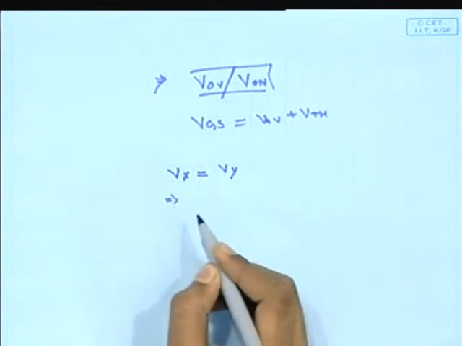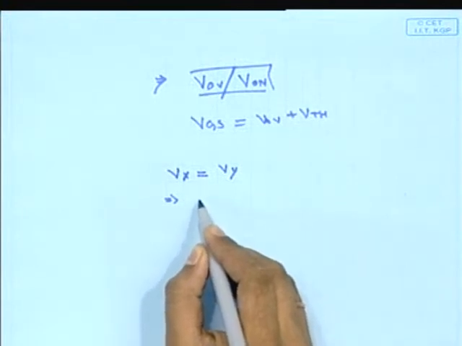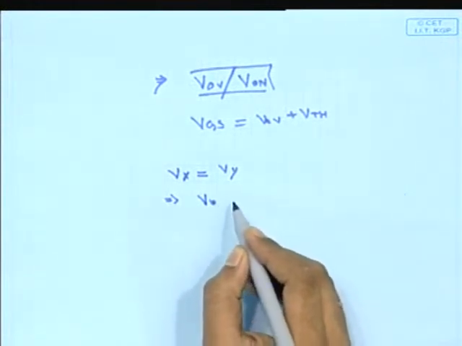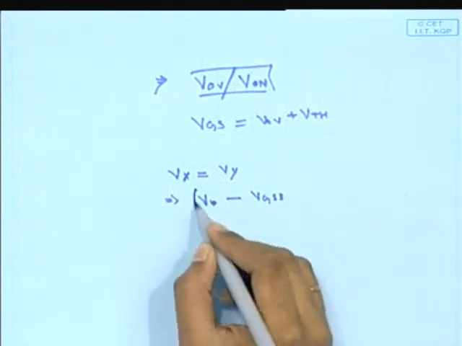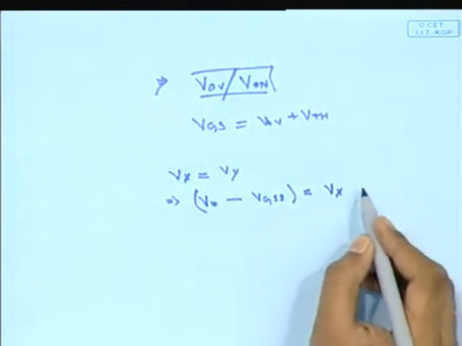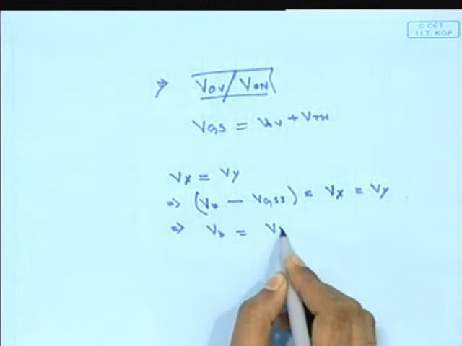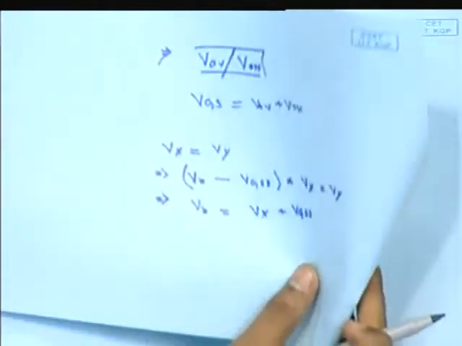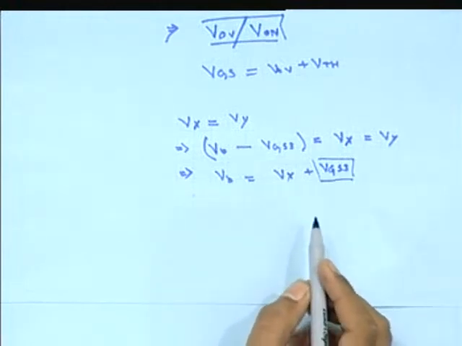Okay, now that M3 transistor is in the saturation region. So from that particular transistor, we can write that Vb, that is the gate voltage of that M3, minus VGS3, that is the gate to source voltage of that particular transistor, would be equal to Vx, because it is nothing but Vy. So Vb will be defined as nothing but Vx plus VGS3. Okay. Now we have to use another MOS from where we can find this VGS3.